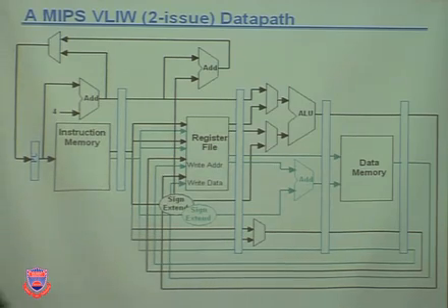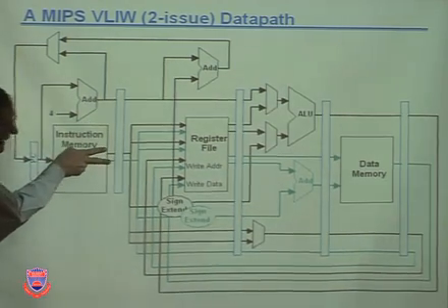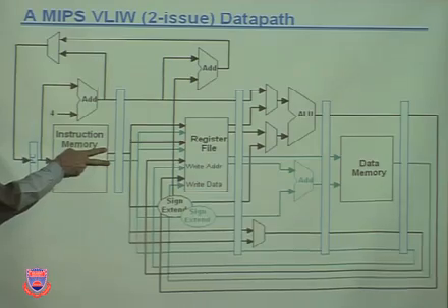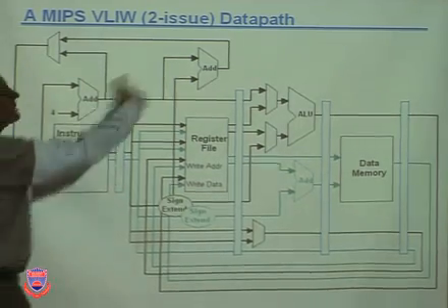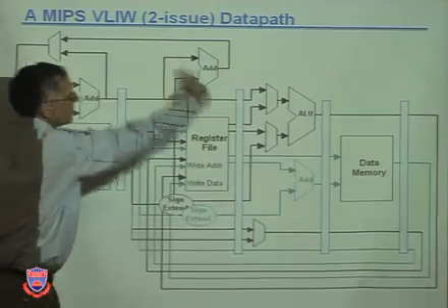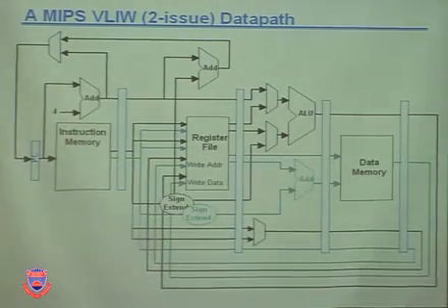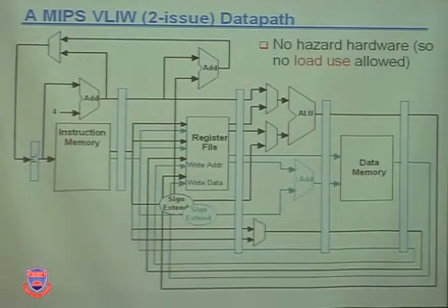data path, except that when I fetch here, look what I'm getting. I'm getting 2 at once. I'm getting a 64-bit word. Boom, it goes into here, right? And then I decode it in my control to figure out what to do, and I tell all these things what to do. So the control unit is going to be more complicated too. Anyway, notice that I don't have any